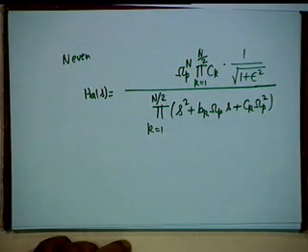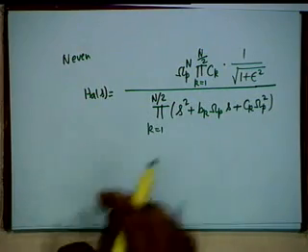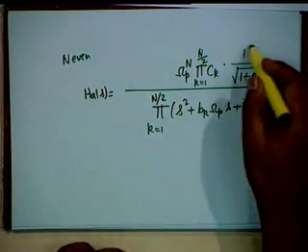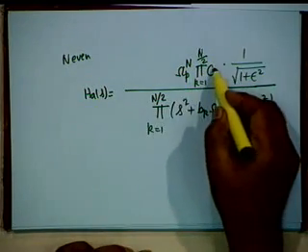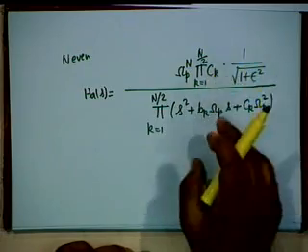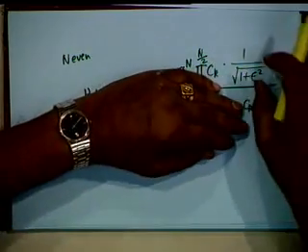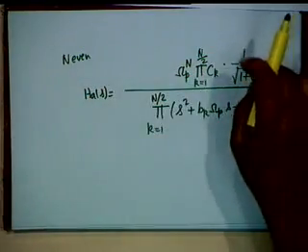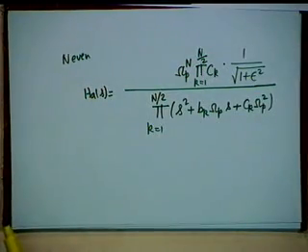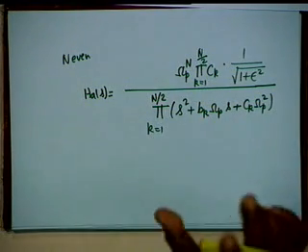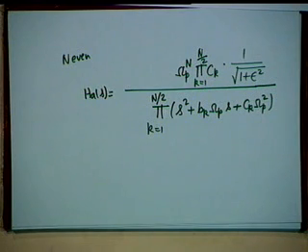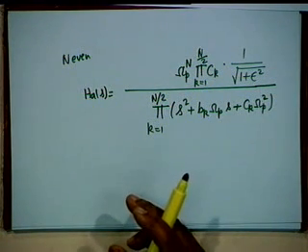Is that point clear? If the order is odd, the magnitude starts from 1. If the order is even, the magnitude starts from 1 by square root of 1 plus epsilon squared. All these constants were required to make the magnitude equal to 1 without this factor. So, this factor has to be added. You have to proceed with caution, but if you understand this, those two pictures, if you remember. Okay. Now, it is time.